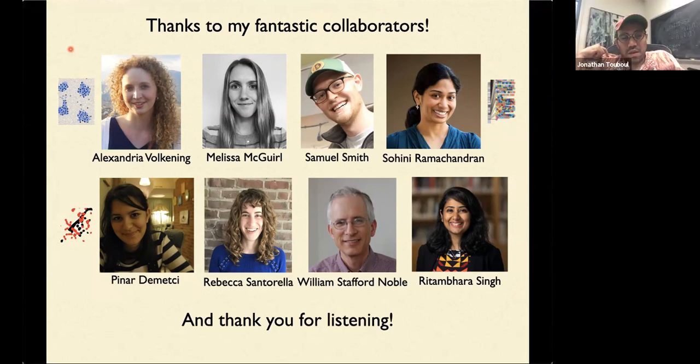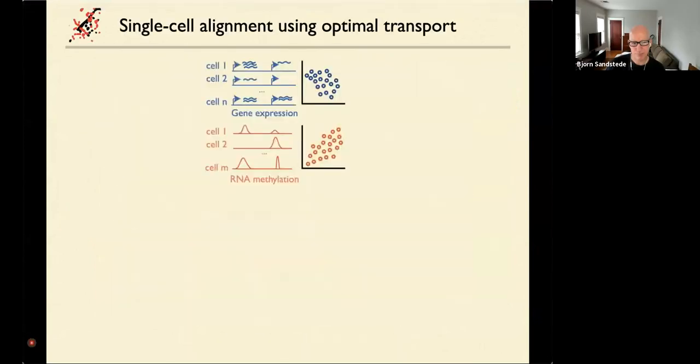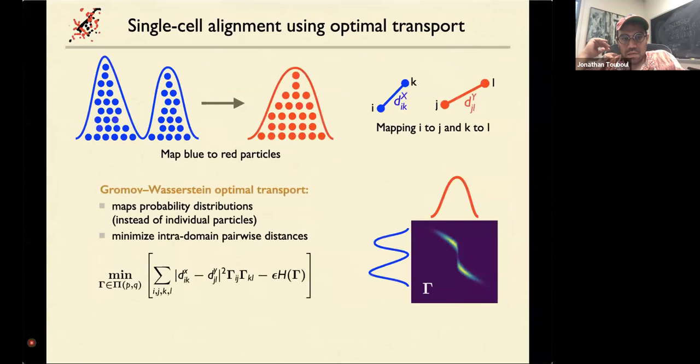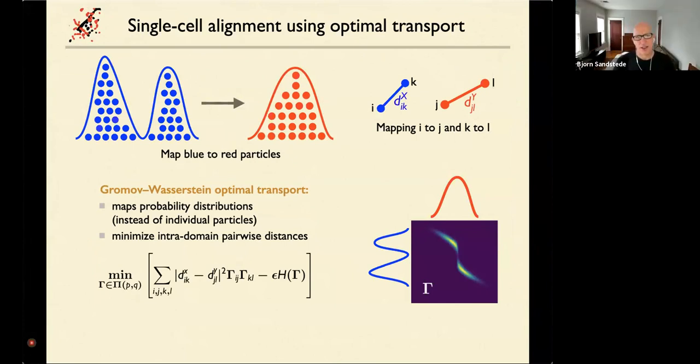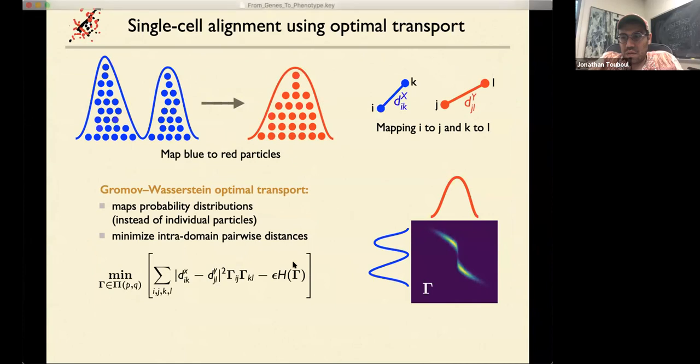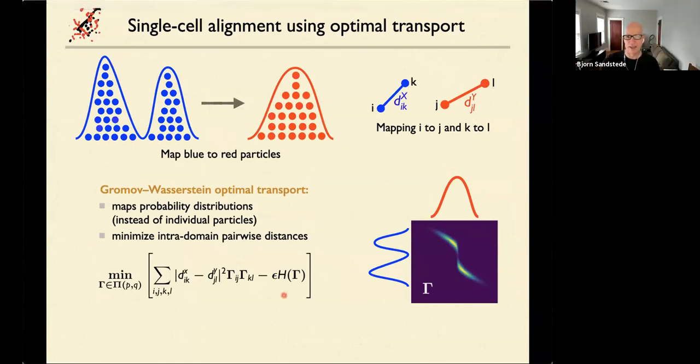My question regarding the last part was about the additional term that you had in the metric, because in the Monge-Kantorovich problem, or in the classical Wasserstein distance, you only have the first term, right? Right. The distance. And so what is this A? Is it the entropy of the? It's the entropy, essentially. It's like a diffusion term that allows you to basically make the gamma smoother and not